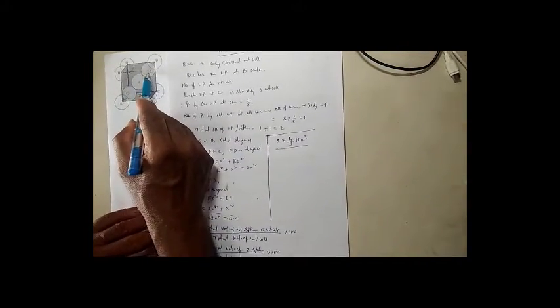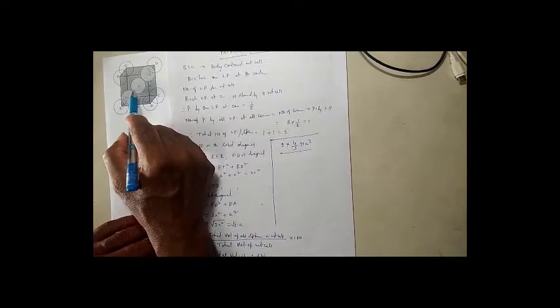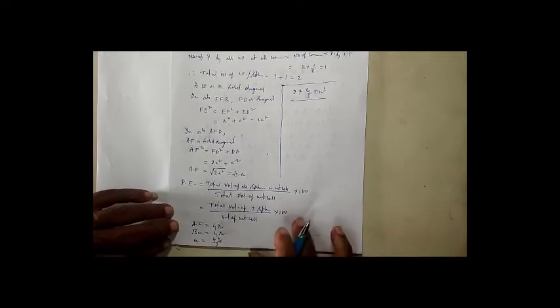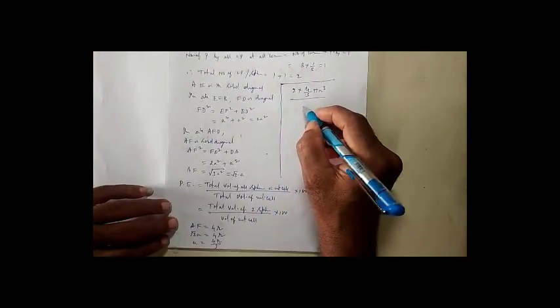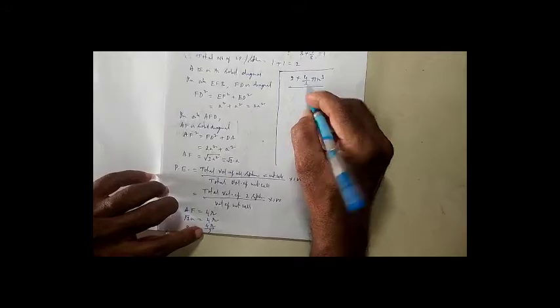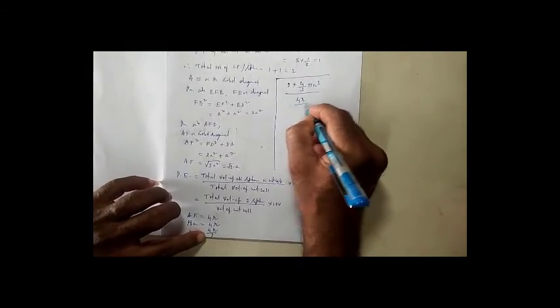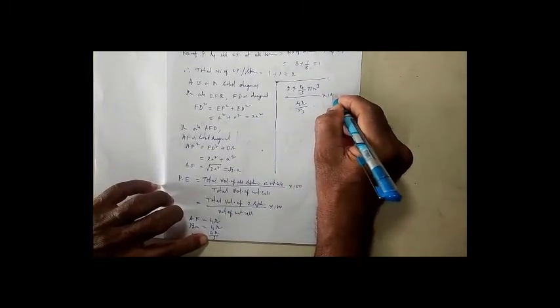AF is nothing but radius of one sphere, diameter of the middle sphere, and radius of another sphere. Therefore, AF equal to 4 into radius. But AF how much we get? AF is nothing but root 3a equal to 4r, or a equal to 4r by root 3. That means edge length is 4r by root 3. So here volume of the unit cell is a cube. a is nothing but 4r by root 3, 4r by root 3 into 100.